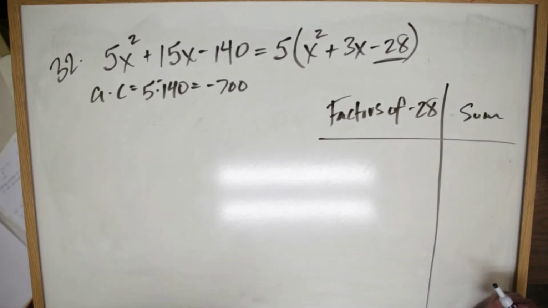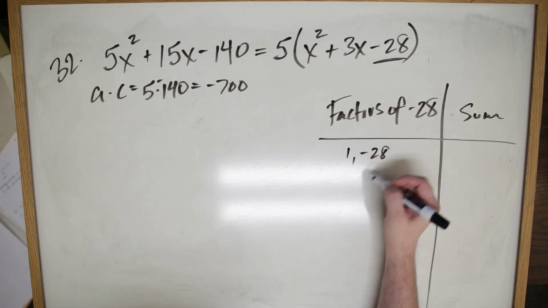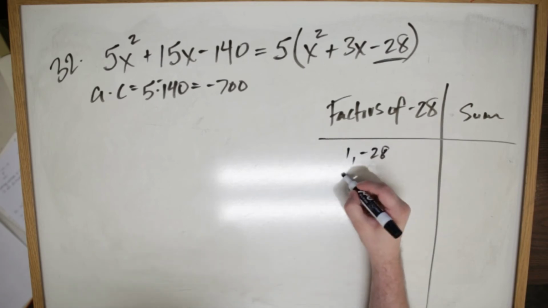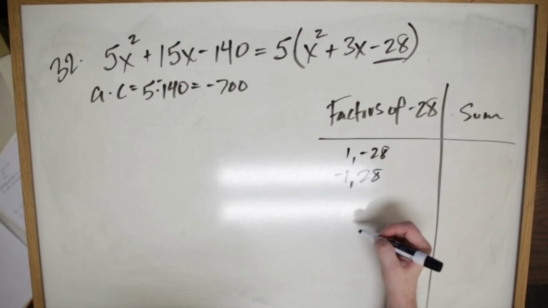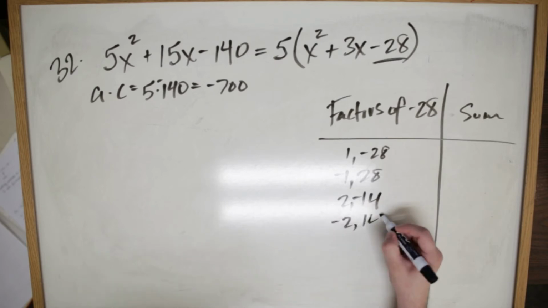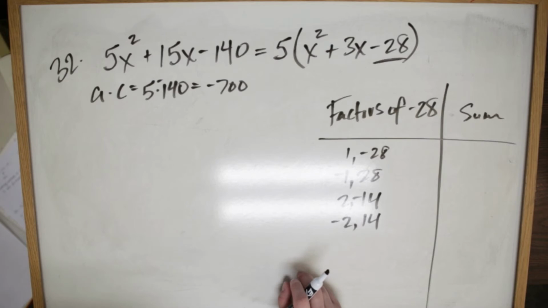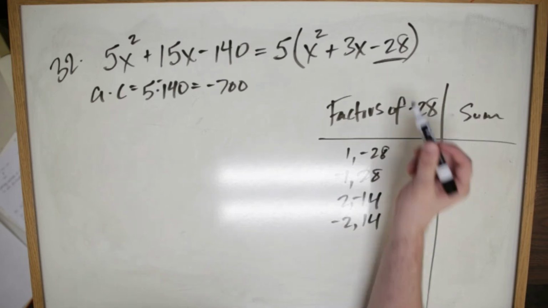So in this case, the factors of minus 28 are going to be 1 and minus 28. Minus 1 and positive 28. 2 and 14, minus 2 and positive 14. You can see they're just flipping signs back and forth. Does 3 go into 28? No, it doesn't. Oh, by the way, there's a little trick to know if anything is divisible by 3. You take these two numbers,